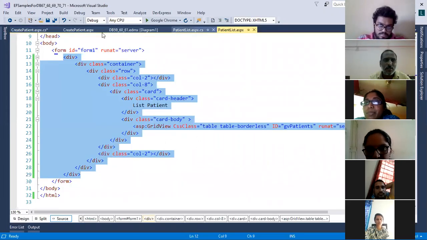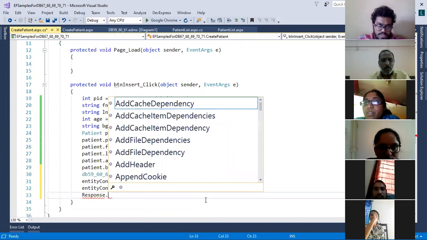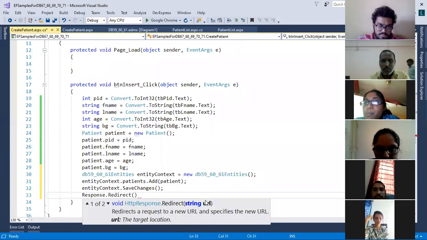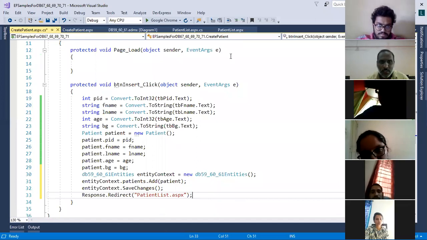How will you redirect? You already know: Response.Redirect to, what is my page name? PatientList.aspx. So Response.Redirect of PatientList.aspx.